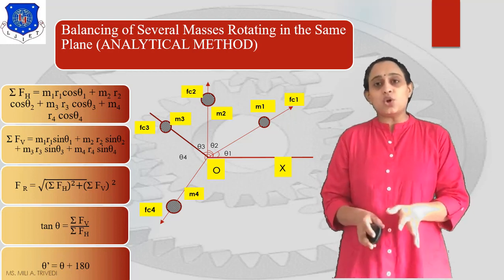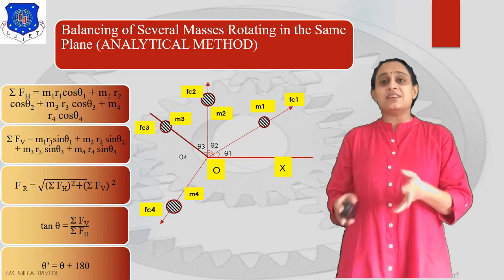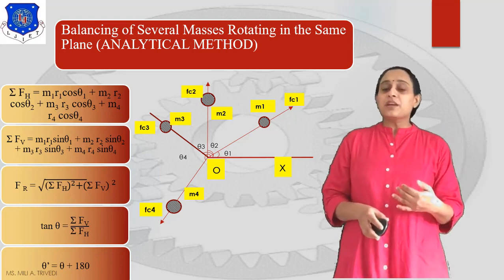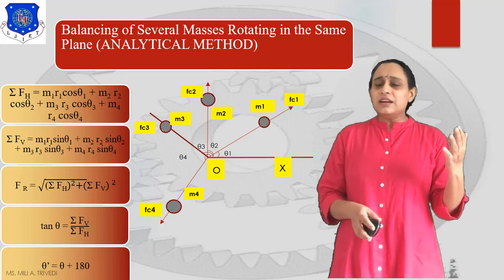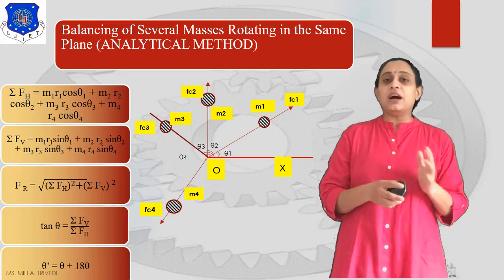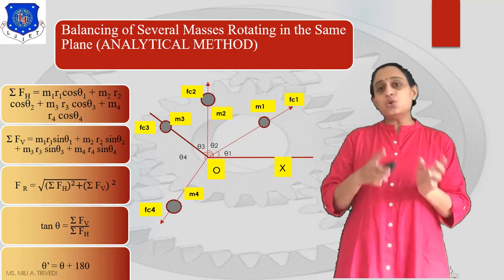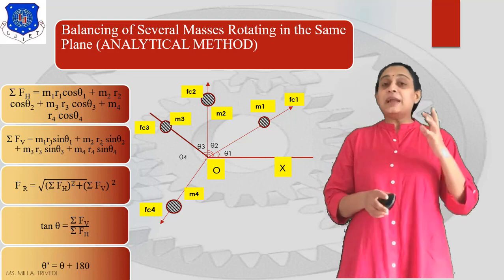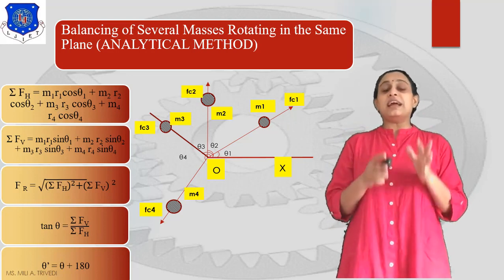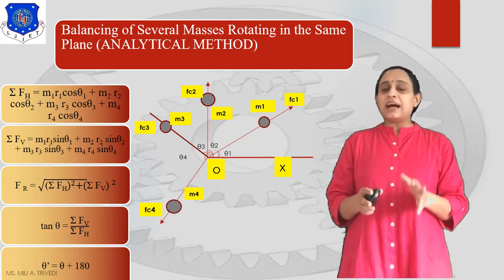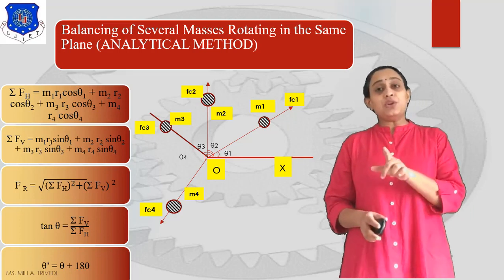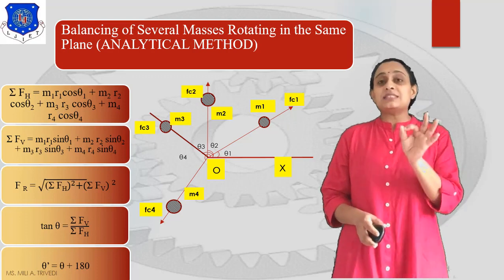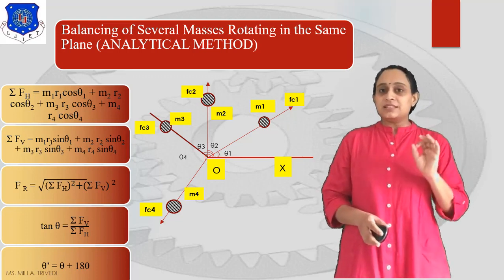This method is also known as the resultant method, or equilibrium method. Here we are going to find the resultant value. Let us find the resultant FR. FR is equal to the root of horizontal square plus vertical square, and by putting in all these values we get the resultant force. And by this resultant force, if we know the balance mass radius, we can easily find the mass of a system. Is it clear?